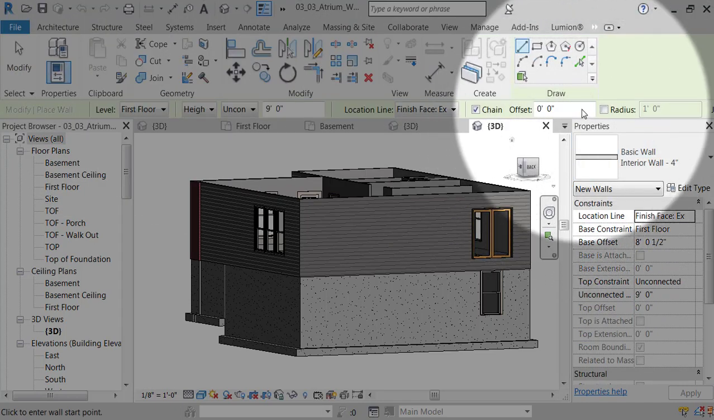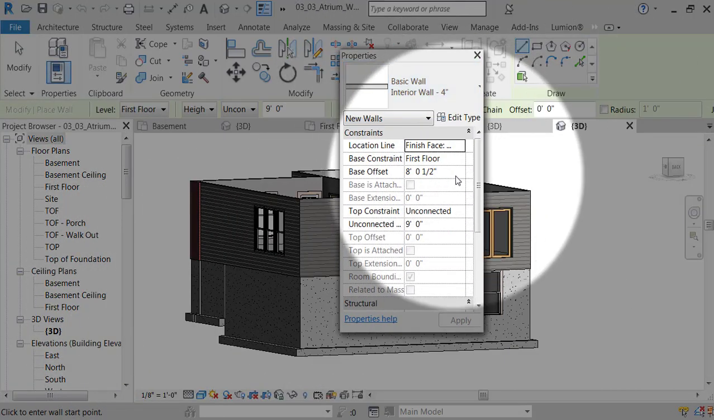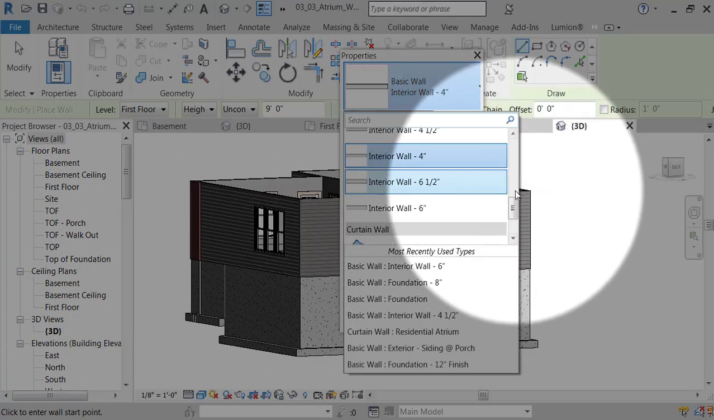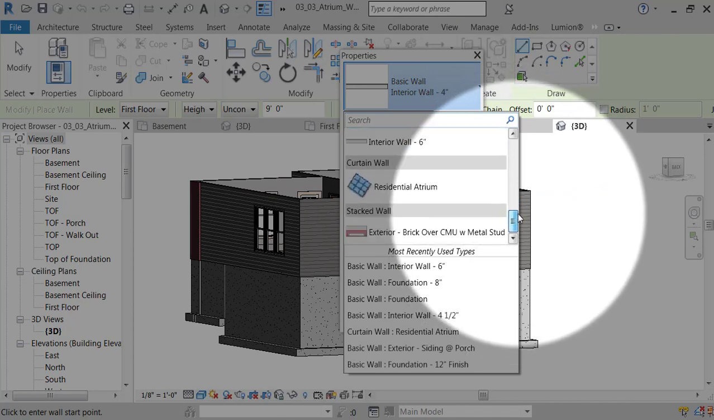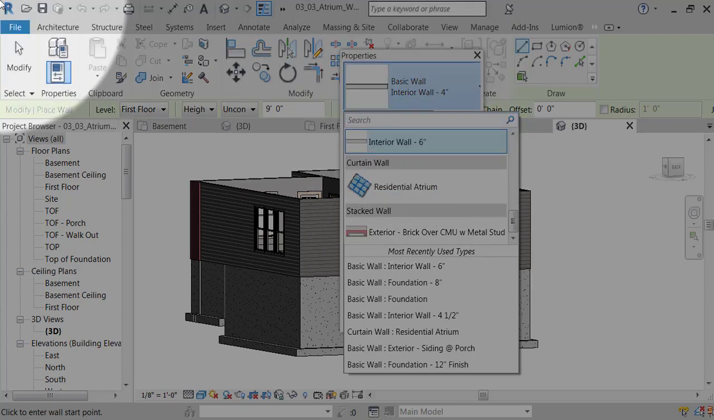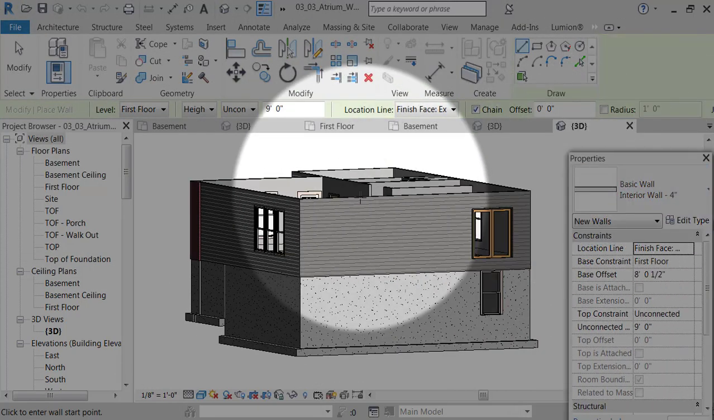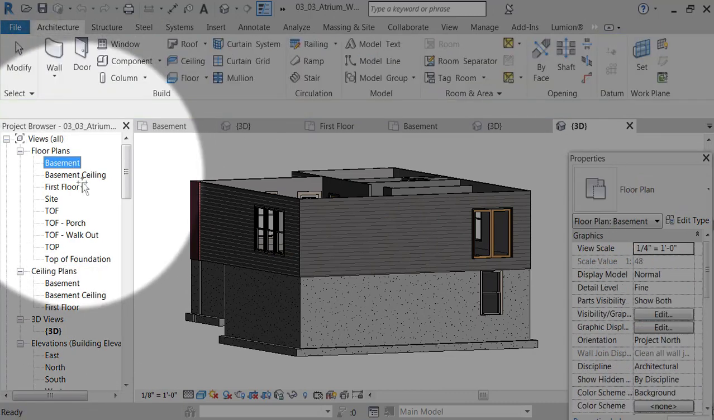Okay, so if I just drag this out, you can see you have a curtain wall called residential atrium. This is what we will be using to create it. So for the first thing, I need to go to the basement here